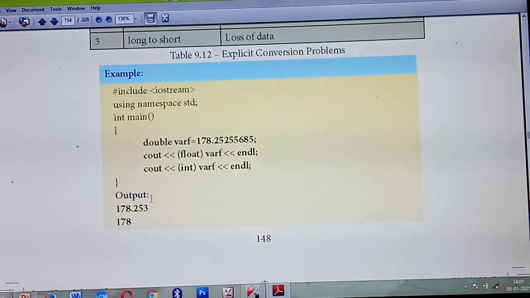In the next class, I'll mark question answers for this chapter. What's today's homework? Expressions, a very important question, as well as manipulators: setw and endl that you studied today, and setprecision, a very important question. Expressions, setprecision, and type conversion: these three things you should study thoroughly and write in your computer notebook. Very important question. The remainder we can continue in the next class, students.